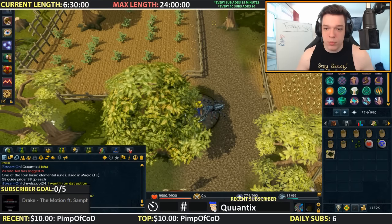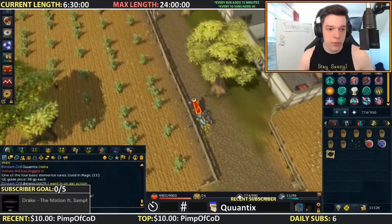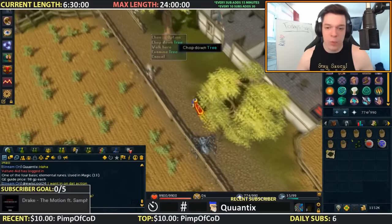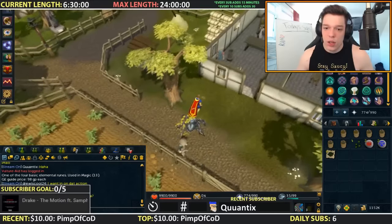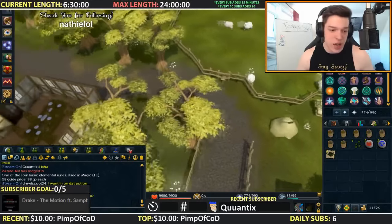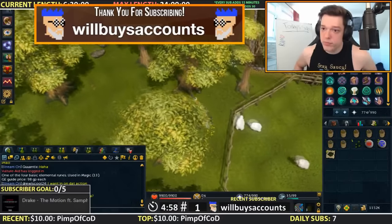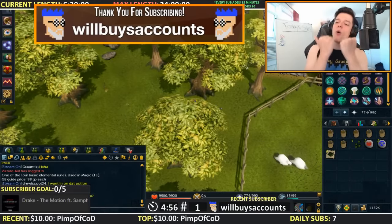Now, at the time of this recording, I didn't really spend any money on things, so I didn't have a juju farming potion or anything like that. But I love doing toadflax. Toadflax seeds have always been that solid herb run moneymaker, and that's what I've always done. So if you're looking, what is it, every 70 or 75 minutes to make an extra, I think